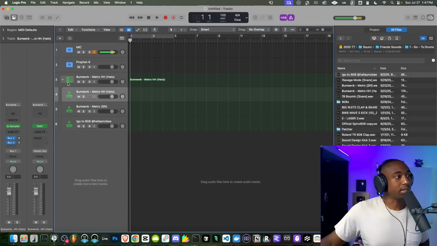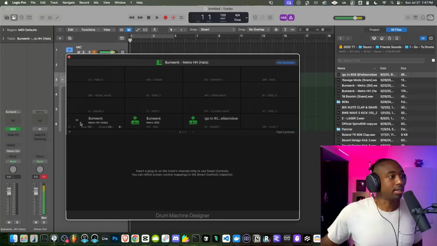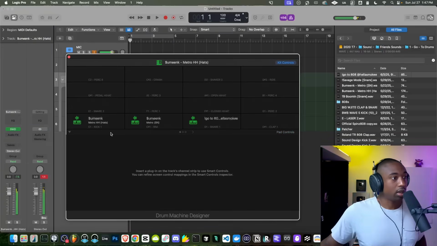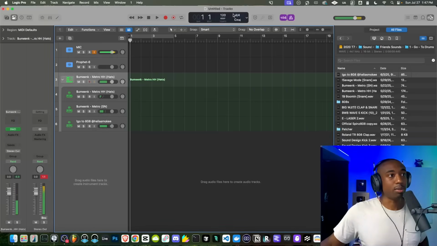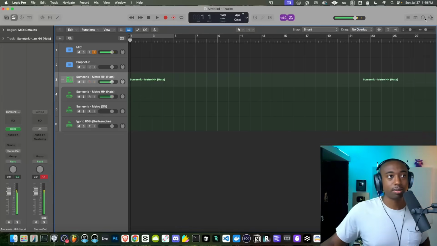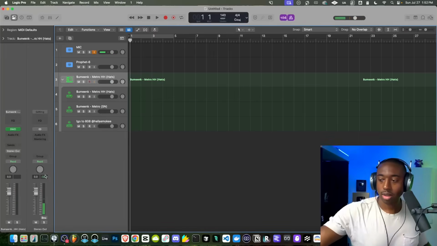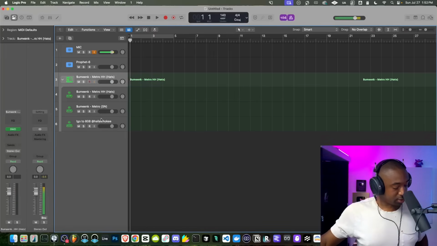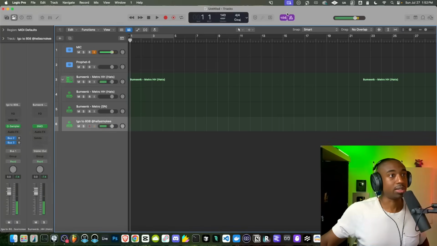So now if I go inside of the DMD here, it says C1. So I've got to find that on my keyboard. There's the hi-hat, snare, 808. So now what I'm going to do is set the BPM. Let's go up to 140. I think by default it's at 120. We're going to turn the metronome on, and all we're going to do is just play the hi-hat. Actually, I'm going to play the 808, not the hi-hat. The reason I'm starting with the 808 is because with the hi-hats, I'll show you guys a simpler way, but I like to record the 808 by hand. So let's record to the metronome.